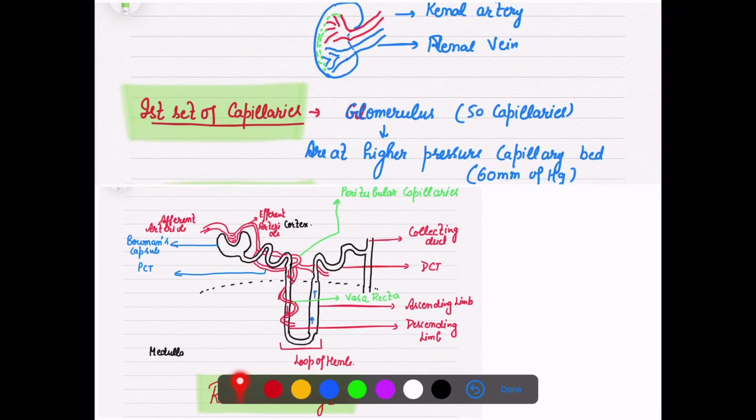Yesterday I told you that the renal artery which is coming in further branches out into a few smaller capillaries, then they are joined together and open into the renal vein, which is carrying your deoxygenated blood, right? Now there are many capillaries. First set of capillaries, where did we observe the first set of capillaries,